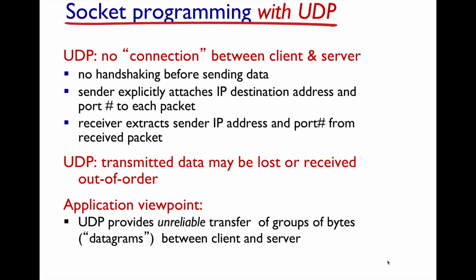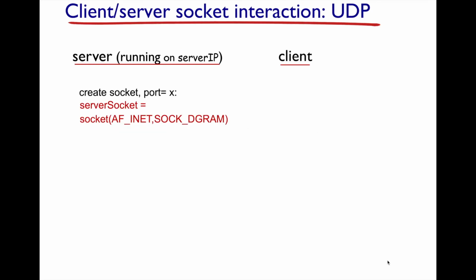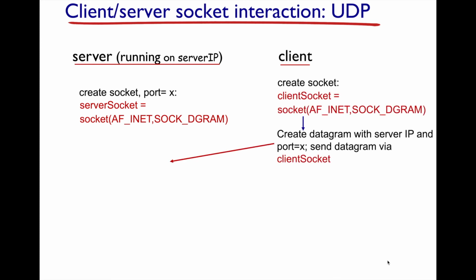Okay, so let's take a look at a high level of UDP, and we're actually going to try this, if time permits, in real time. So we have a server, and the server is running. It creates a socket, and AF_INET means IP version 4, SOCK_DGRAM means datagram. That's the unreliable service. And that's the server running associated with an address. So the client comes in, it creates a socket, and then it sends. And when it sends, it's going to stamp every single packet it sends with the IP address of the server that it wants this message to get to.